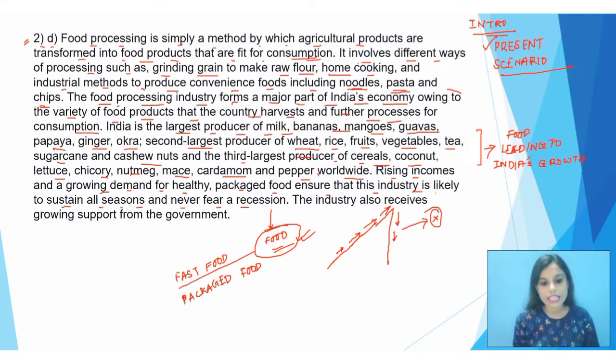These two industries, like packaged food, tinned food, canned food, are just increasing day by day. Like love for packaged food, love for fast food we are talking about. This has increased the processing industry much more. Demand for the food processing industry has increased because of these two things. In fast-paced life, we are focusing on fast food and packaged food and tinned food.